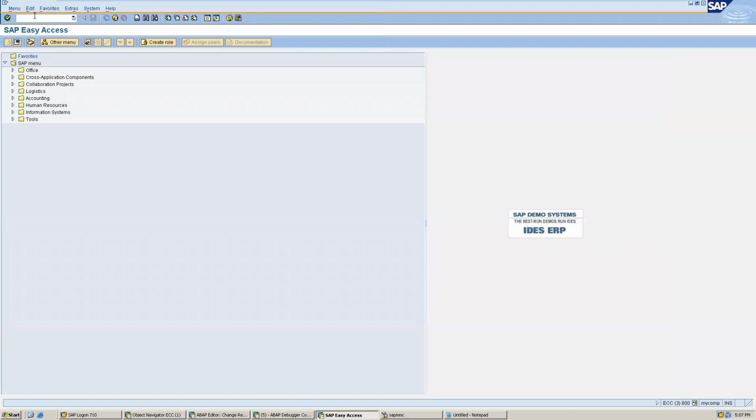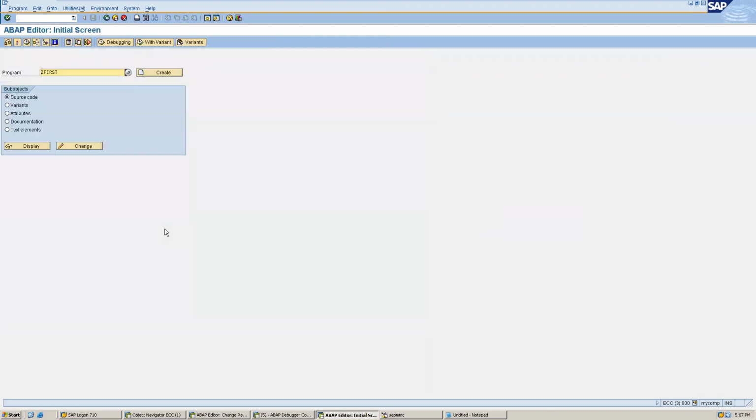I'm creating the second program in SE38. As we know, it is the ABAP editor used to create an ABAP program. Let's create a program, for example, second.